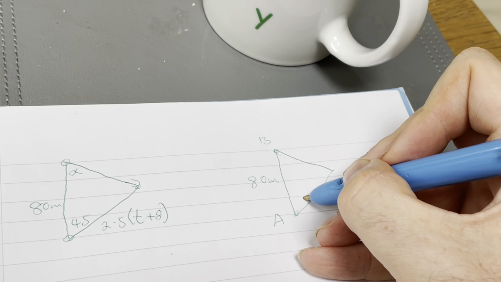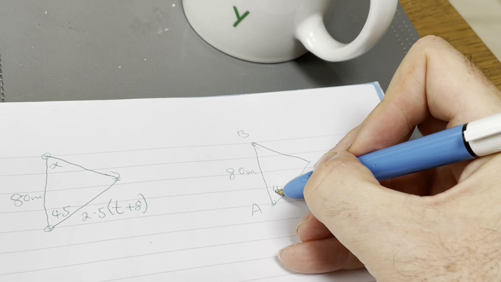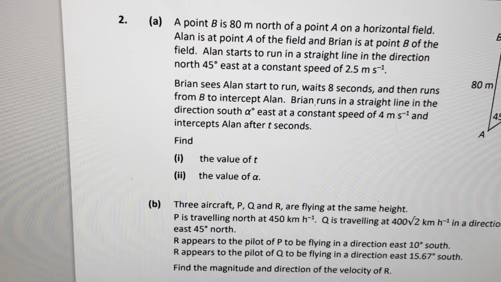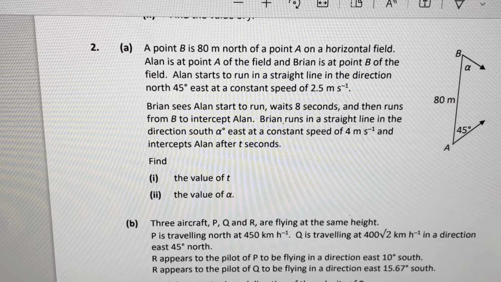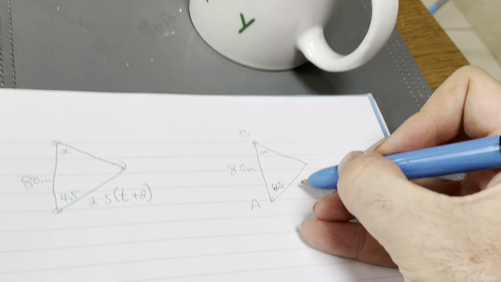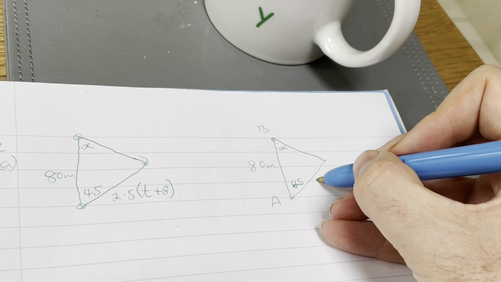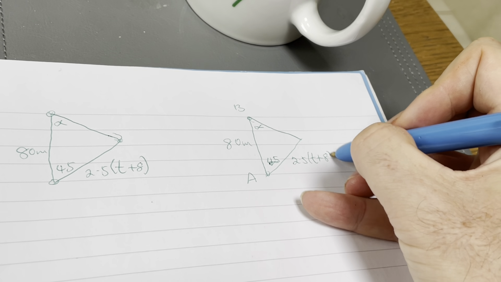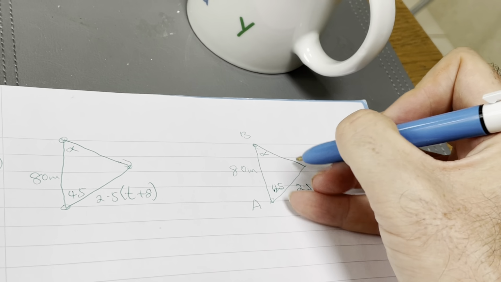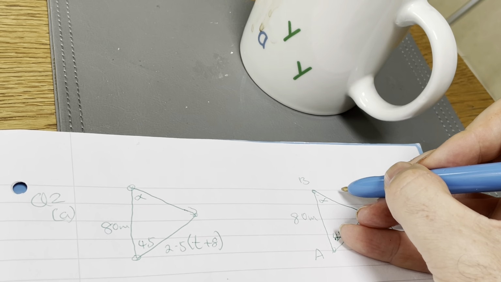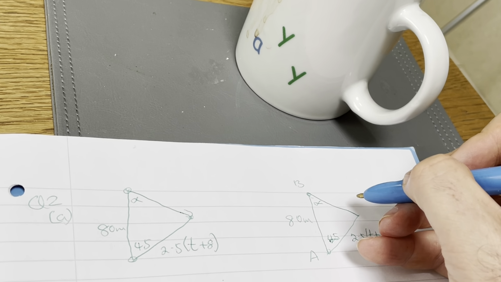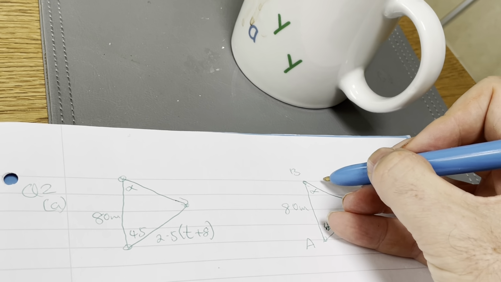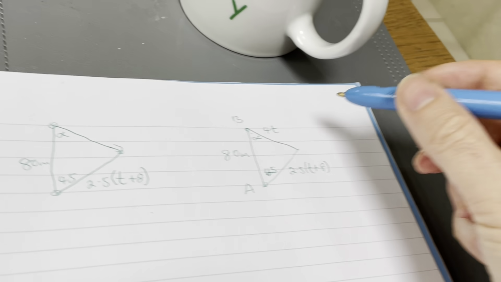and that's alpha, or no, 45, and that one is alpha. This guy, Brian, sees Alan's, waits 8 seconds, so Alan has the run on this guy, so he's ahead. He's got t plus 8, so he's 8 seconds ahead, and that guy is just t. So he's running 4t. So really I'm multiplying,